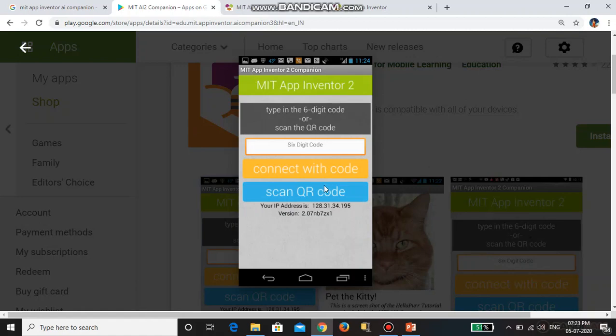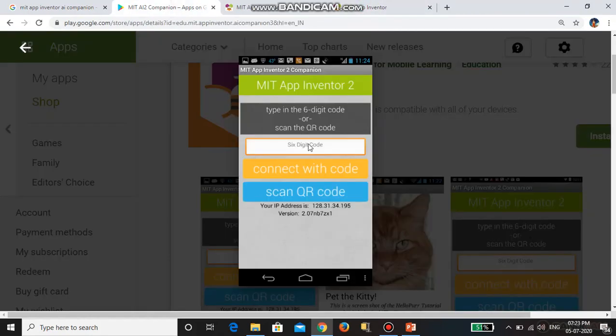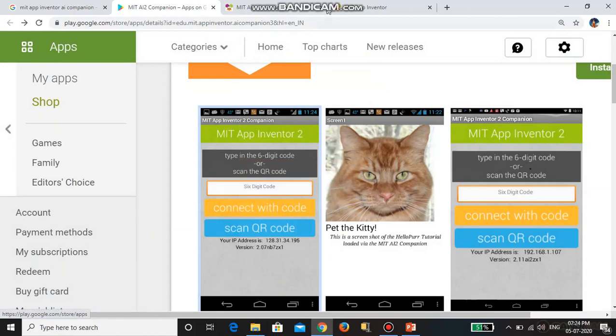You want to scan this QR code. The app generated a QR code, so you scan it from the smartphone. After scanning, you can check whether the app is running properly or not. So this is the testing procedure.